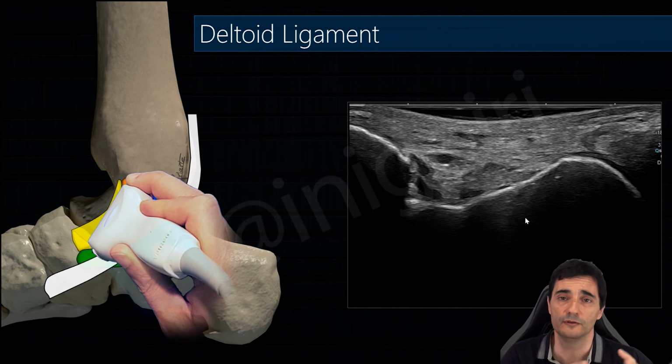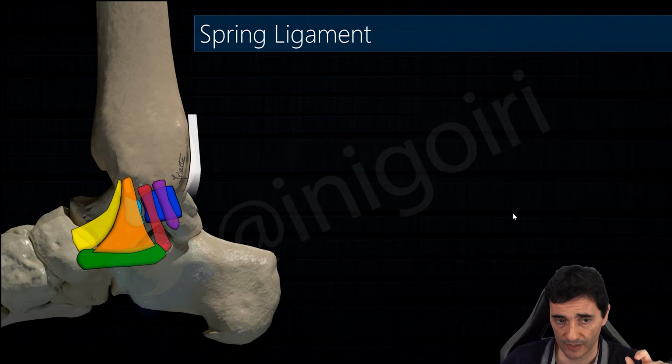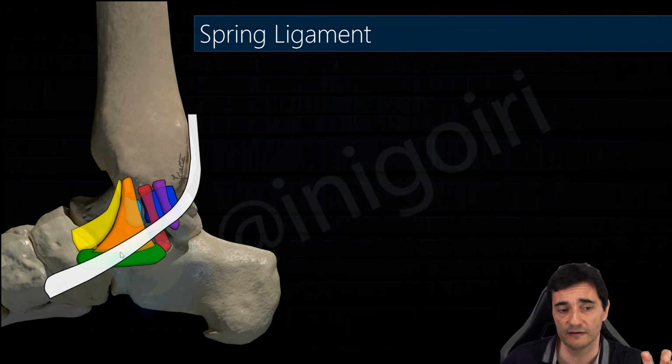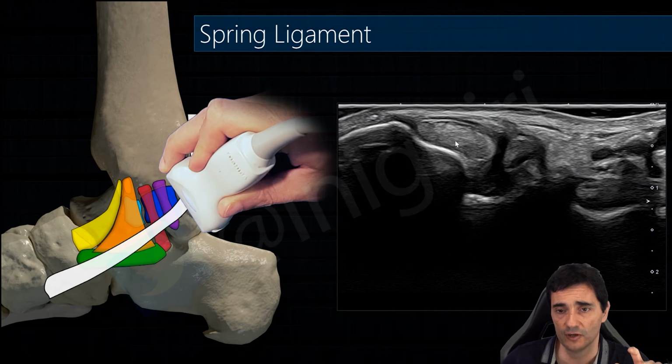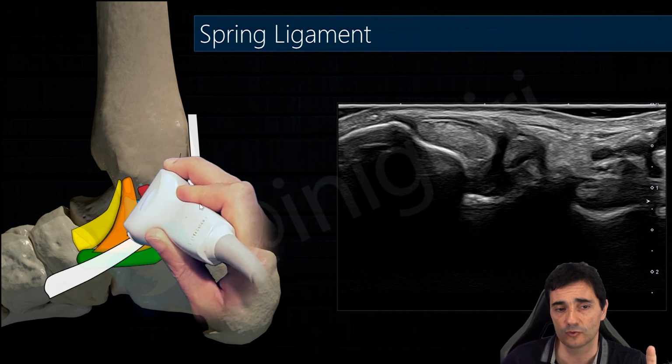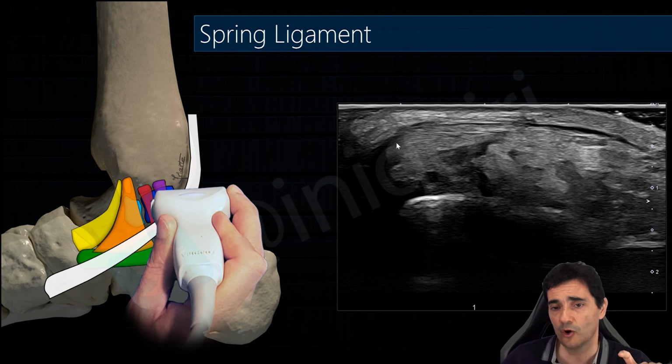Okay, that's all the 6 components of the deltoid ligament. And now we are going to check the last important medial ligament, which is the plantar calcaneonavicular ligament or spring ligament. To locate this ligament, I will use the posterior tibialis as a guide, and I start in this position with a good view of the tarsal tunnel, and then I will rotate the probe till I orient this probe in the direction of the sole of the foot, and we will obtain this oblique image of